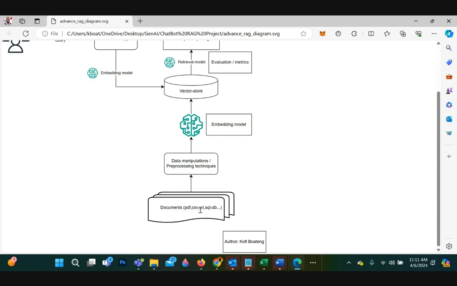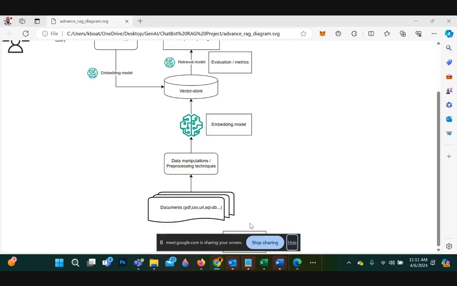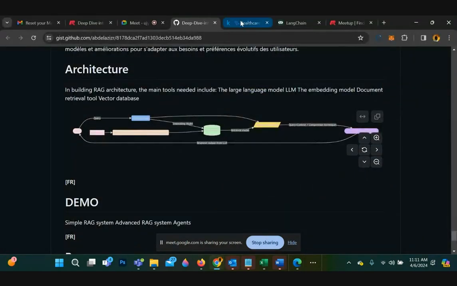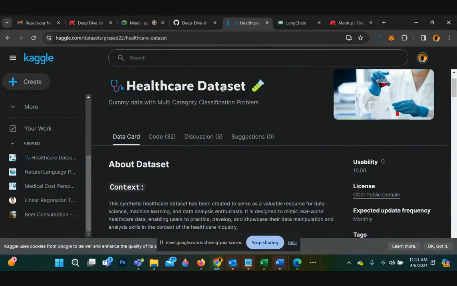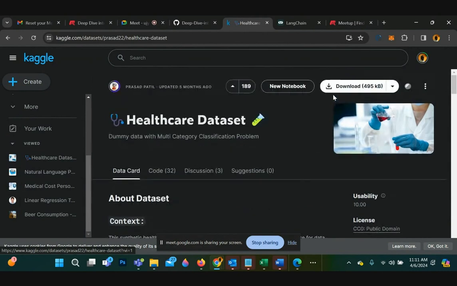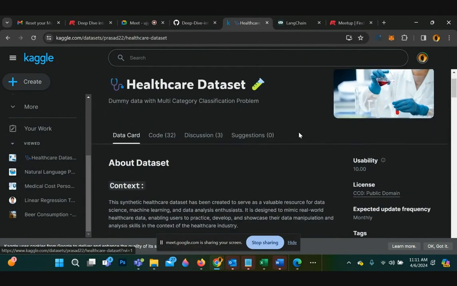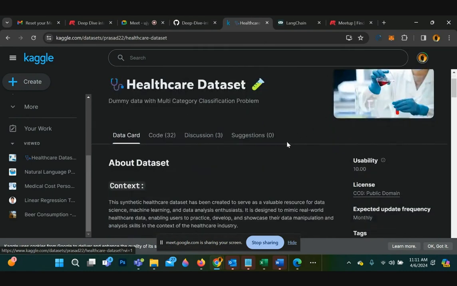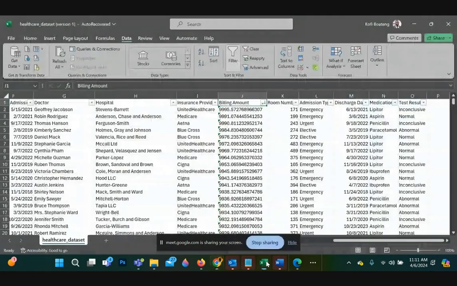So once you have the data, at this point, I think I can show the data that we will be using for the hospital application. I pulled a data source from Kaggle, right? These are healthcare data sets that I downloaded. It's got about 10,000 rows in the file. So we can take a look at the file. This is the file.